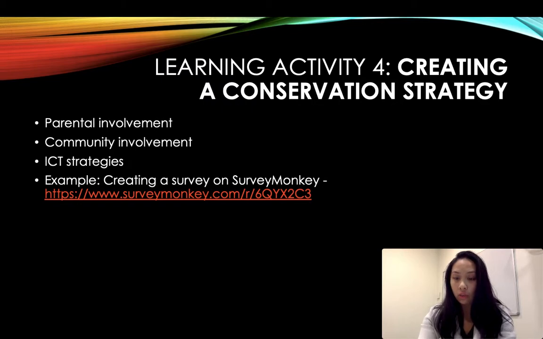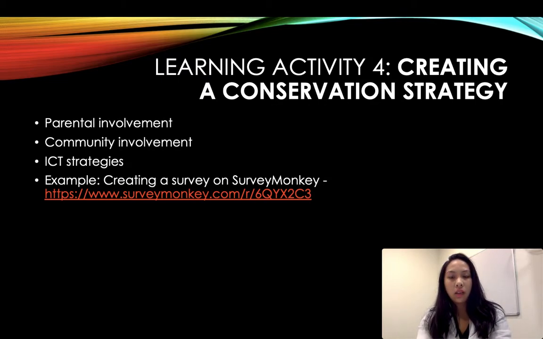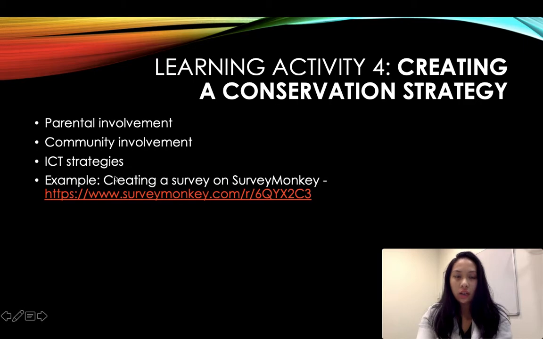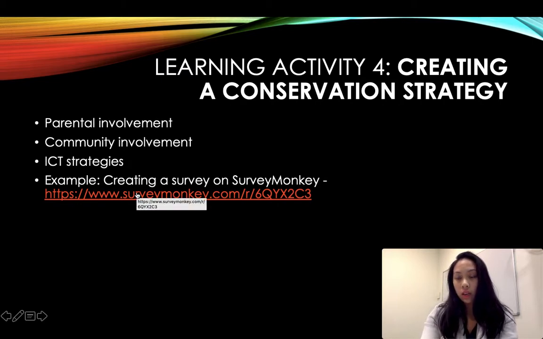You will be involved with this assessment just because you do have a wealth of knowledge about how this sort of topic has affected your life. And we do want to be very practical about this type of assessment. So for an ICT strategy, students will create an online survey which they can then maybe post out on social media or go online and just post it in forums about